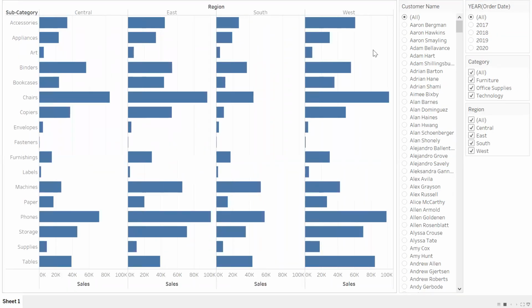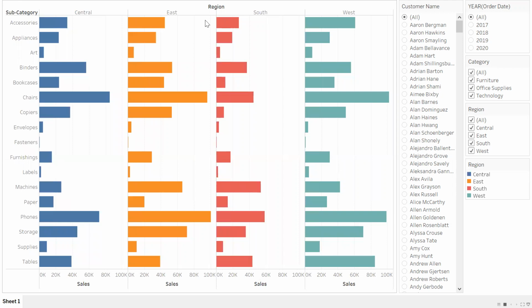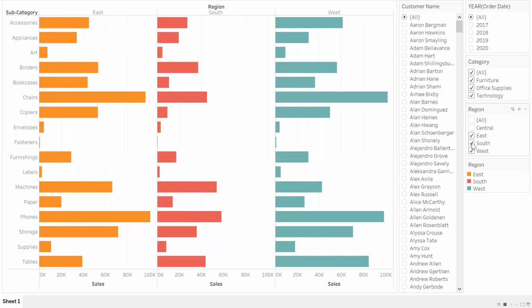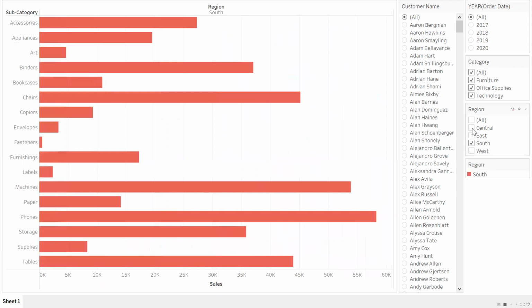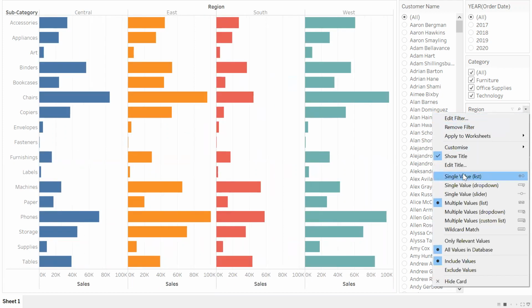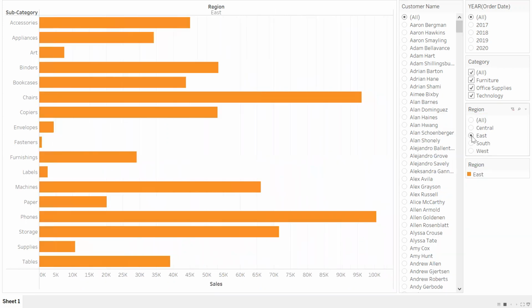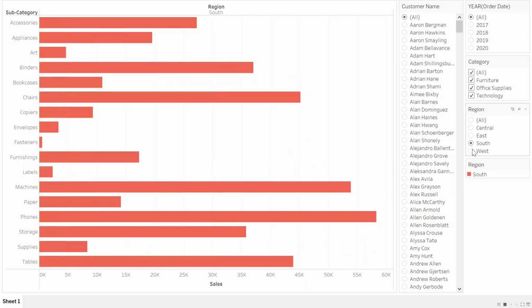Now let me apply region into color. Now let's see here. I have 4 regions, correct? My intention is I have to give access to select only one region at a time. But I can select multiple regions, correct? So click on this drop down. If you go for single value list,